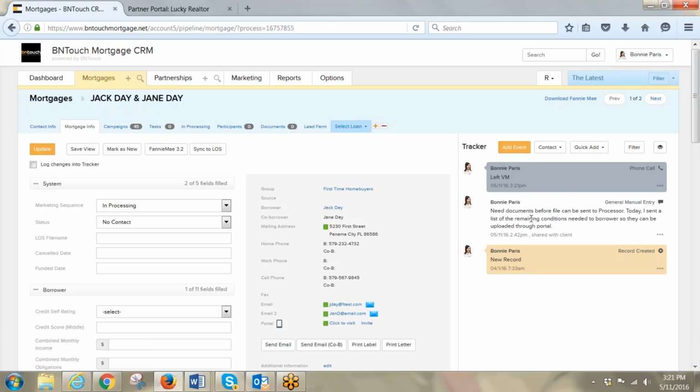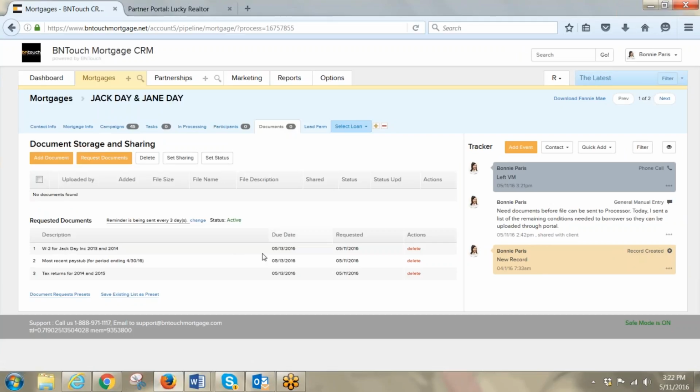I know that I need documents before the file can be sent to processing. So today, what I did for this borrower is I went under my Documents tab here, and I added some of the conditions or some of the documents that are needed before this file can be submitted to my processor. I set a due date. This is the day that I requested them,